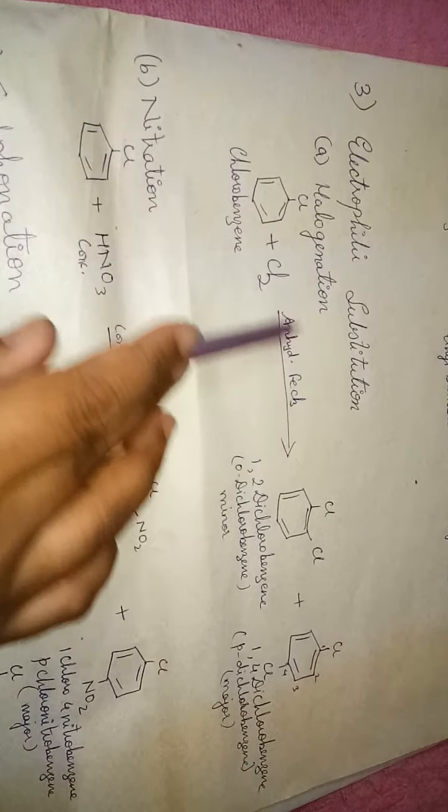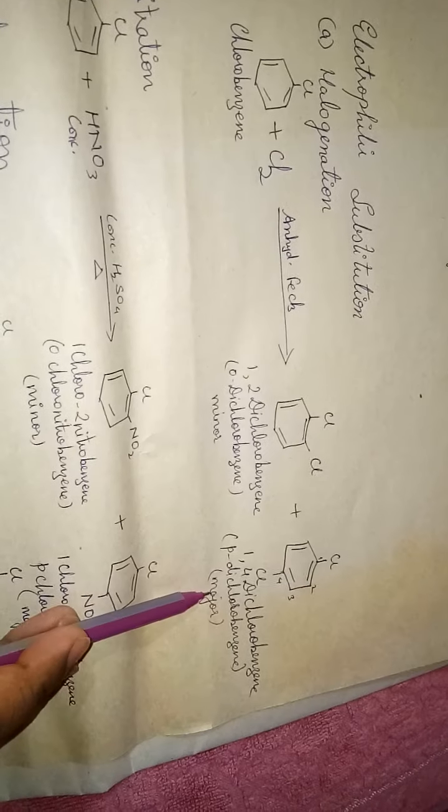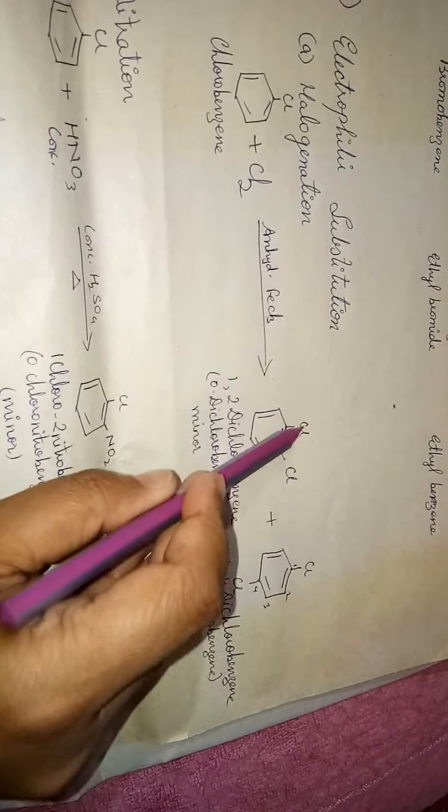So what are the various types of electrophilic substitution reaction? First is halogenation, where you take a haloarene and react with anhydrous FeCl3 in the presence of halogen. You will get two products: 1,2-dichlorobenzene and 1,4-dichlorobenzene. As you know very well, 1,2 is the minor and 1,4 is the major product. Why? Because there is no repulsion in the para product, whereas here similar group repulsion takes place. All these basic concepts you have studied in your class 11th.